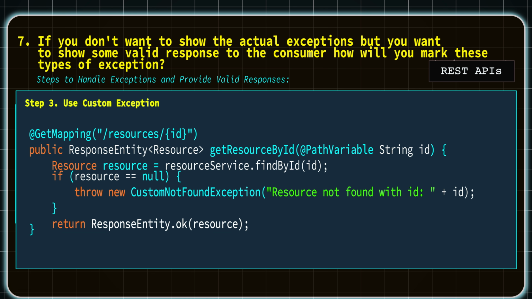class wherever it's required. Here you can see in case the resource is null or it is not found from the database or some other service, we are throwing a custom exception with a message, resource not found with the ID. So this message will be helpful